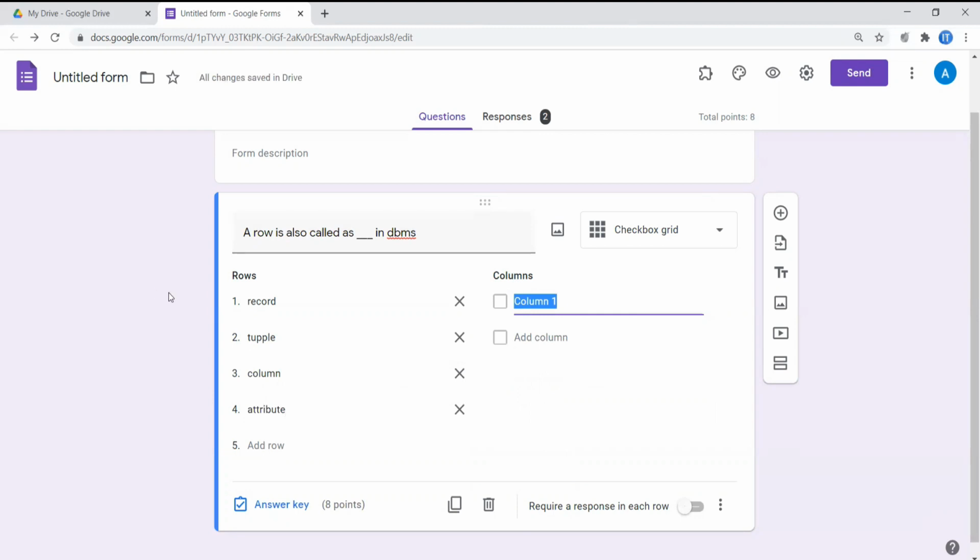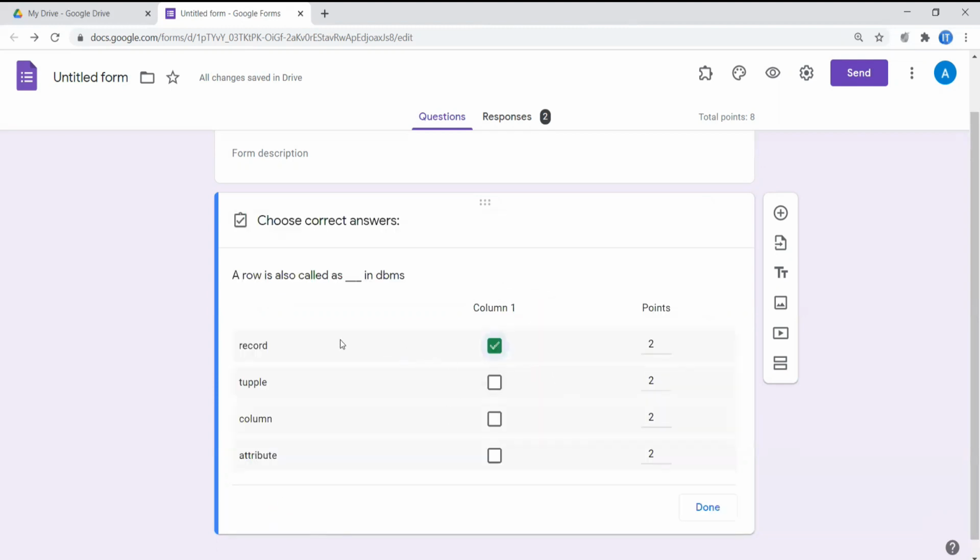Now you can see the options are record, tuple, column and attribute, and the answer key is record and tuple. I will change the marks to 1 and 1, and for the other options I am going to give 0 and 0 as marks or points, and that's it.